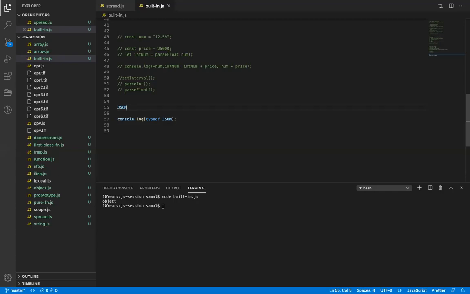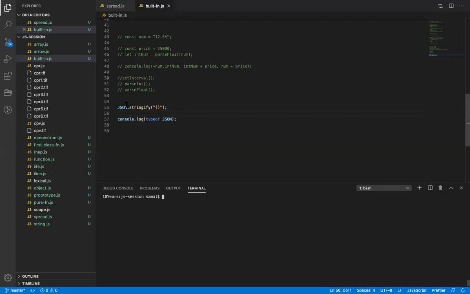Both basically look exactly the same. The only difference is how it is represented. JSON has two main methods, stringify and parse.